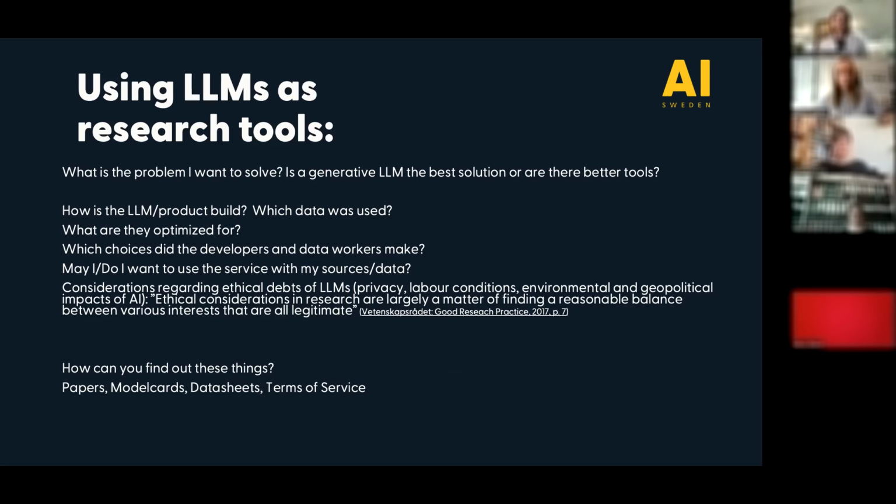When you have decided that a generative language model might be a good solution, then I think the questions that, for example, historians ask when working with historical sources are exactly the same questions that we should ask here. How is the model built? This is equivalent to the question, why do I have this archival material in the first place? Who has collected it? Why does it exist? What has the model been optimized for? If it has been optimized to be safe, maybe it's not the best model to use if I want to look at court records from the 18th century dealing with slavery.